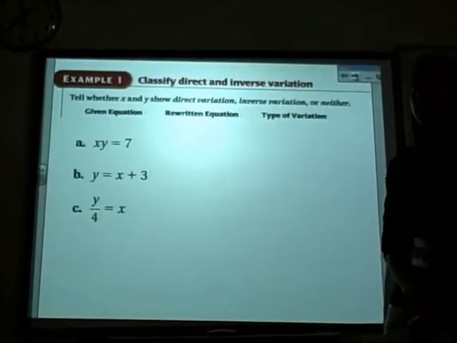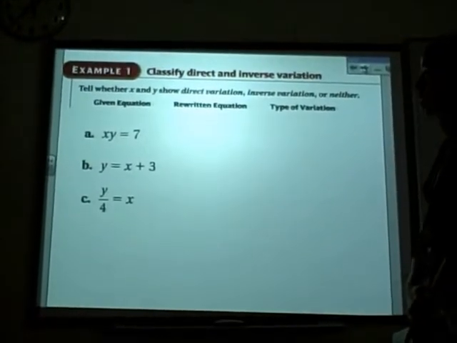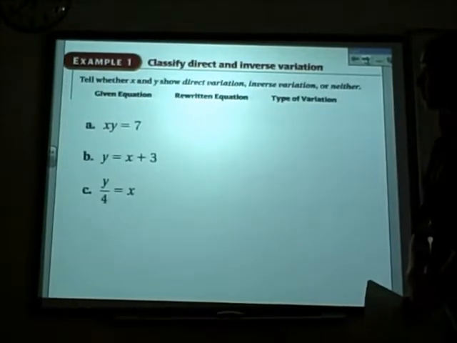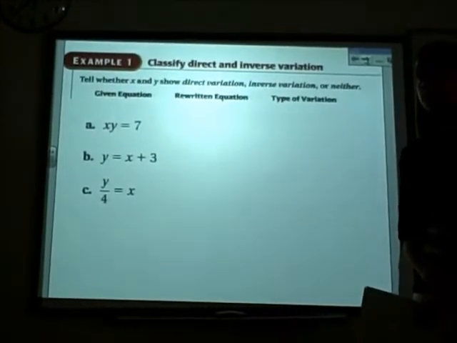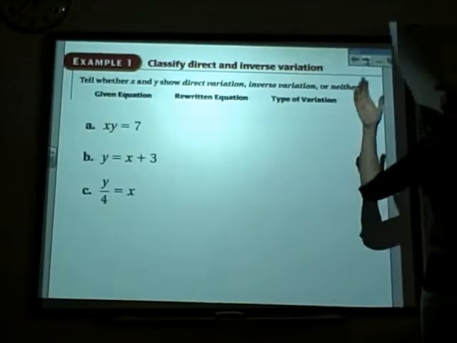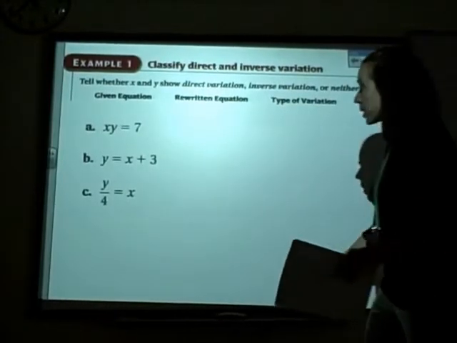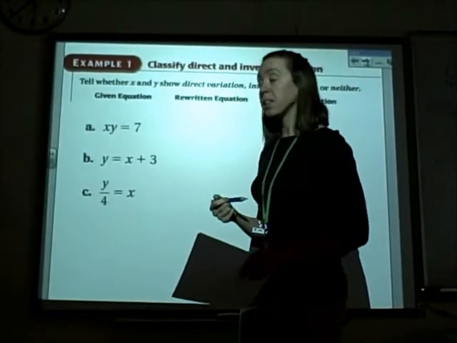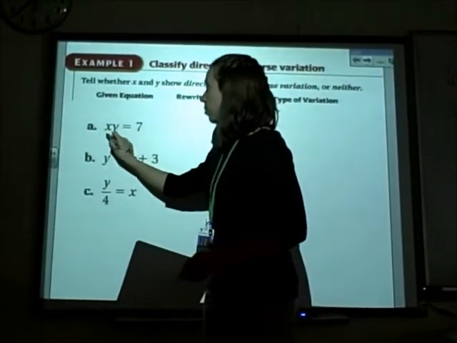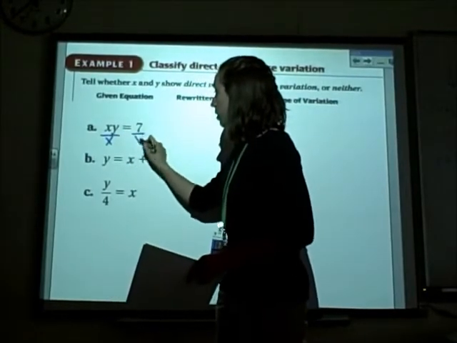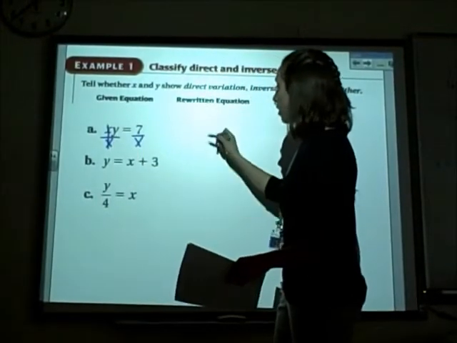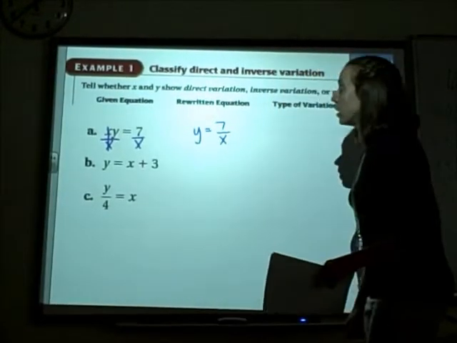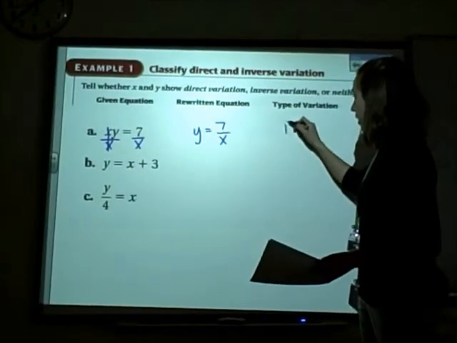So what we want to do here is take our equations and rewrite them to see if we have inverse or direct variation. Remember, for either variation, we want them equal to y. So we're going to take our first one here. We have to solve for y, because that'll show us inverse or direct variation. Solve for y, I got to divide out x. That cancels on that side. My new equation, 7 divided by x. And that is inverse variation,